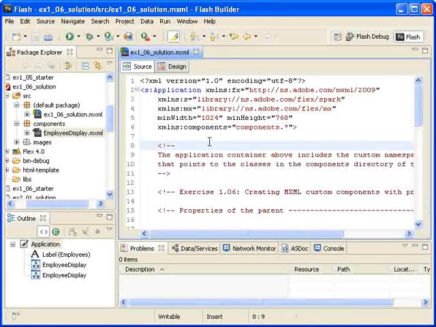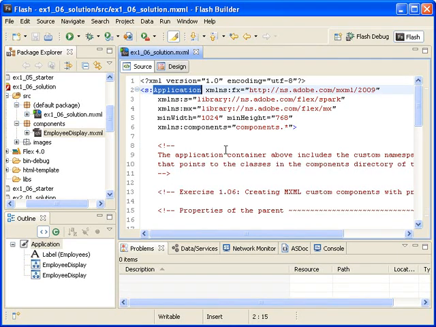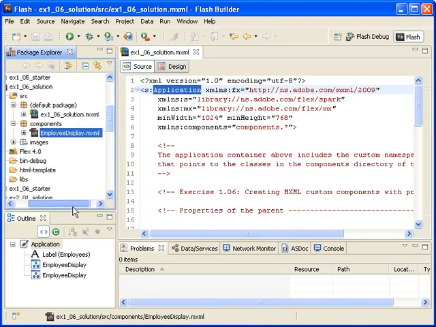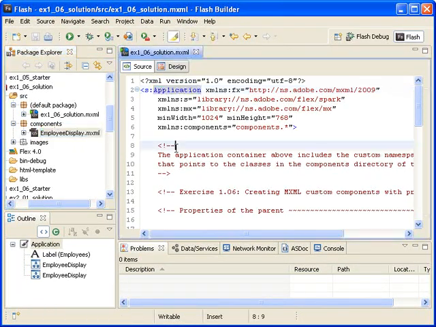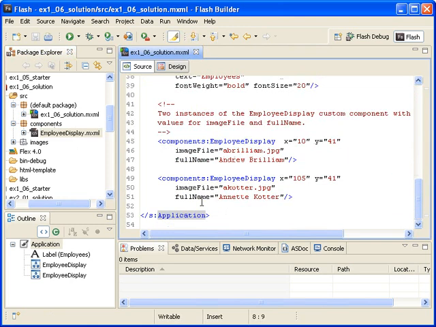MXML. At the end of day 1, you learned some basic OOP terminology and concepts and how they apply to Flex application development. You should now understand that MXML tags are actually instances of MXML classes. You should also understand how to extend an MXML class to create your own custom Flex components. In this case, you created a custom MXML class named EmployeeDisplay.mxml and then instantiated it twice